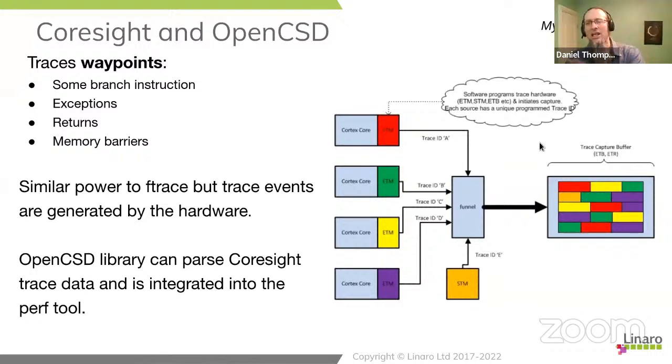But anyway, if you have a well-designed CoreSight system that can trace to memory and the drivers are present to enable it, then by turning on perf, you can do very strong trace. This is more powerful even than ftrace, but it's generated by hardware, it's cheaper to gather, it has slightly less intrusion ultimately.